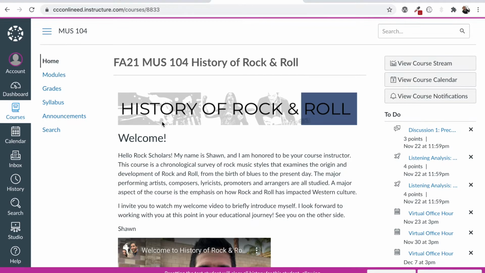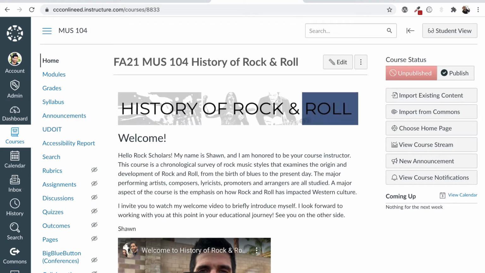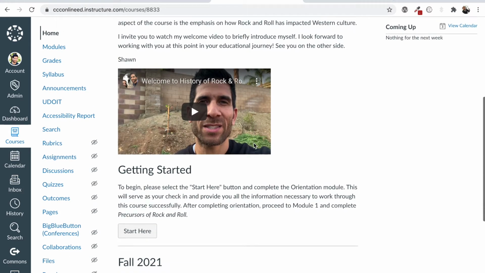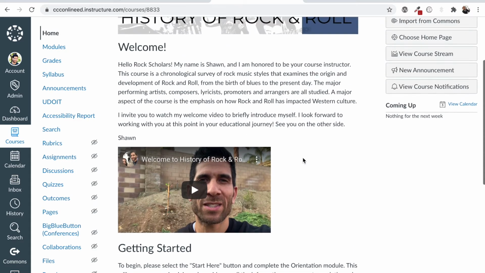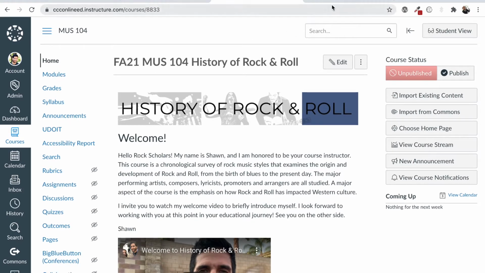So let's go ahead and leave the student view and let's start building out this same home page so that we see how to bring text in, how to bring images, how to bring video and links, and even create a button here. So we'll do a little bit with HTML. I also have this same page opened up in a separate tab. So that will be my reference point.